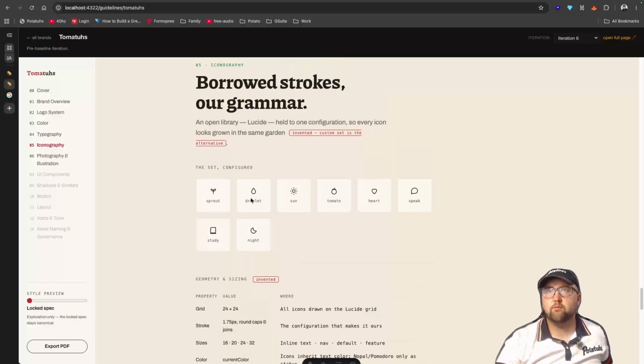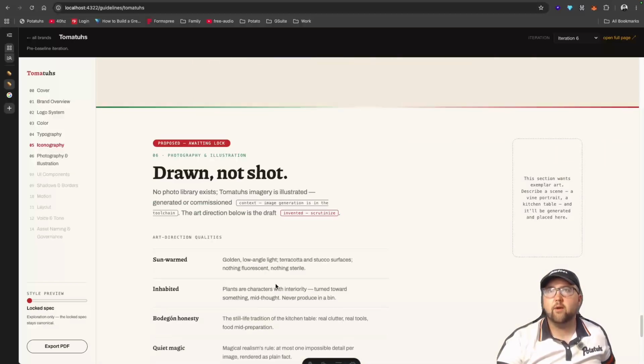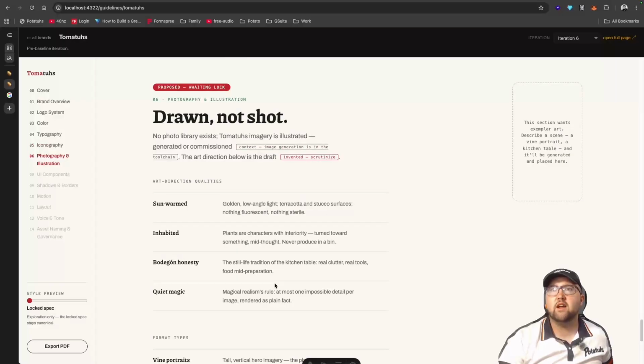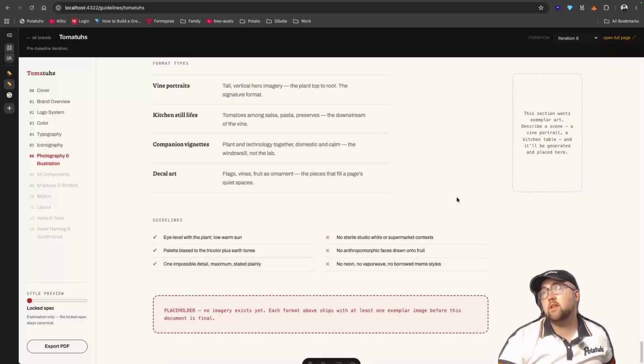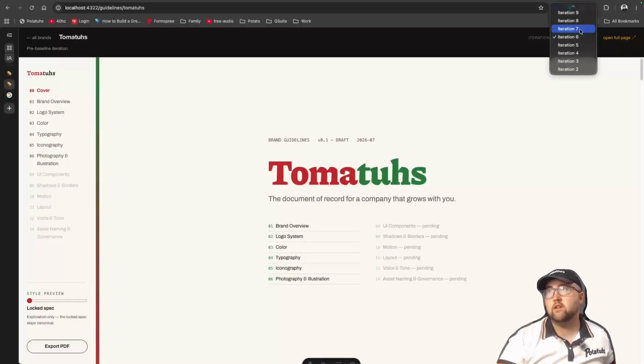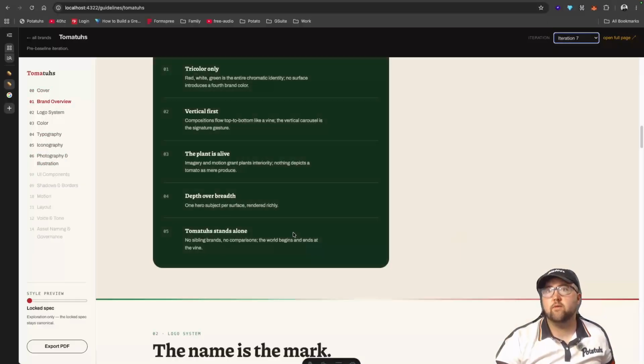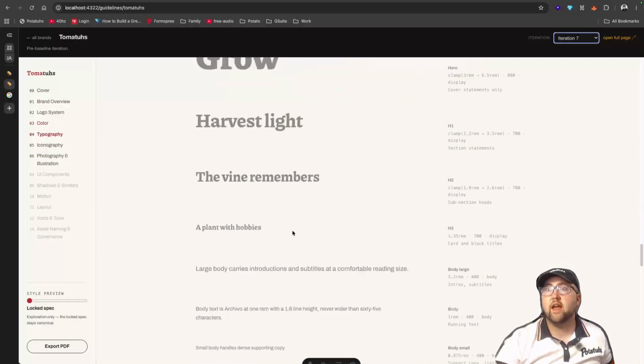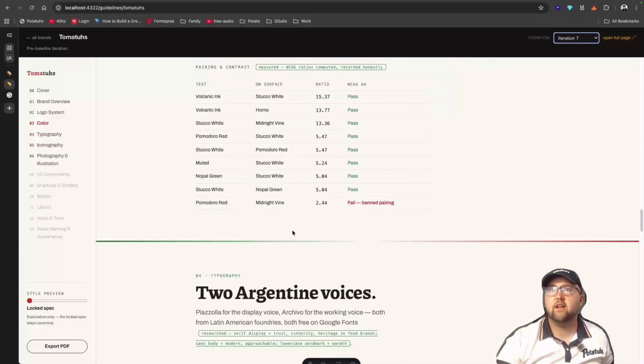All right, so borrow strokes, not grammar. So yeah, here's an example of iconography. It says drawn, not shot. No photo library exists. It's illustrated. I disagree with that. So we iterate. In our next iteration, we see that gets a little bit further. And another thing that I had this do, I do like these,